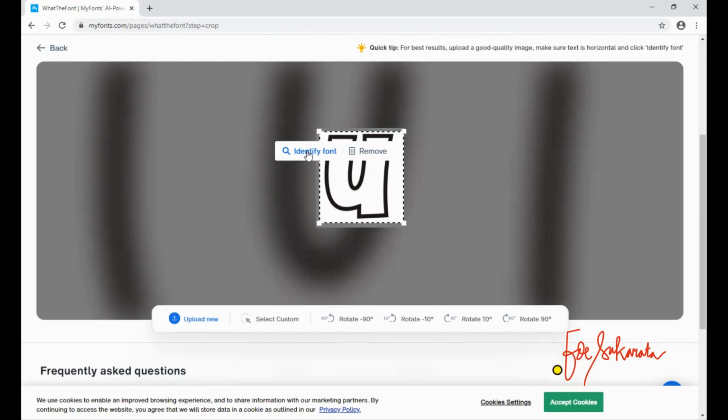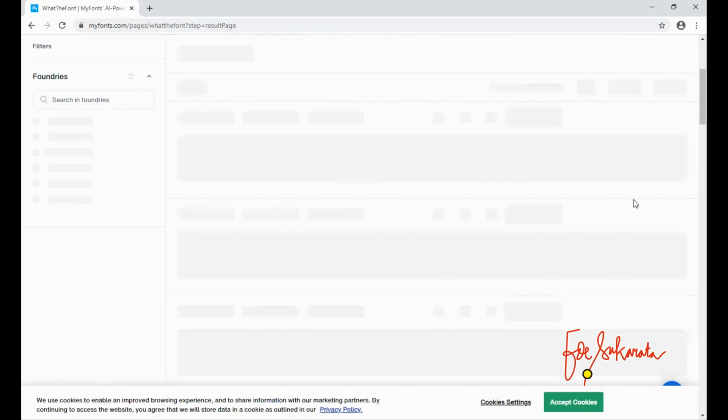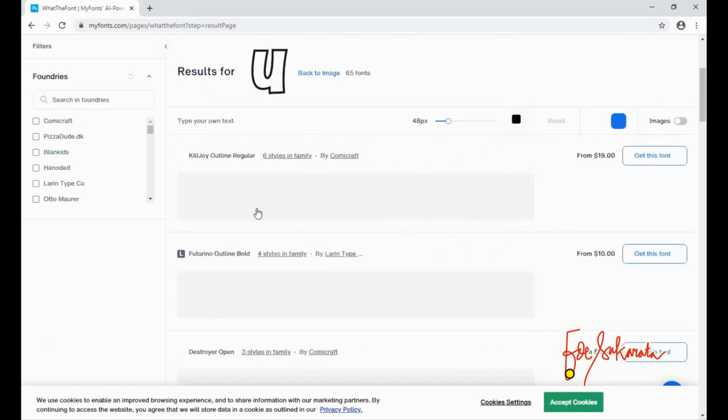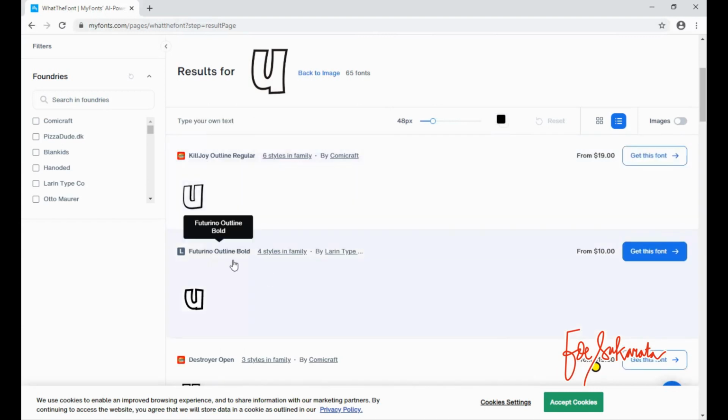Okay, wait a minute, I have a poor connection. I will try this. Identifying text in your image. Okay, that's good. Now identify font. The system will be identifying the font.